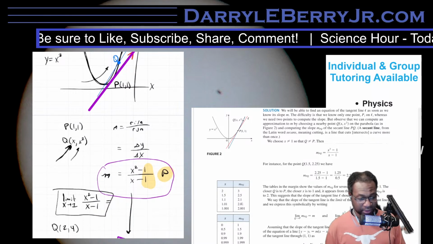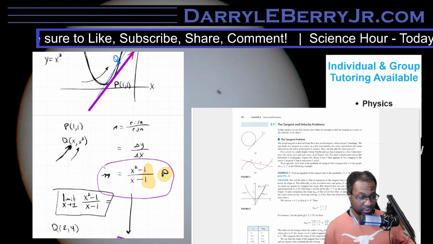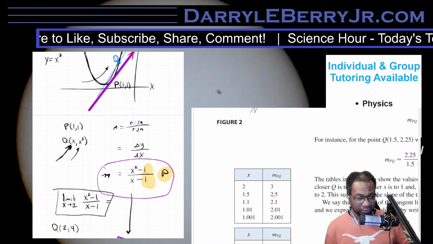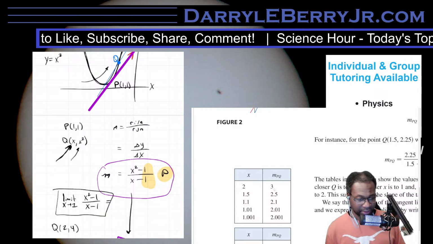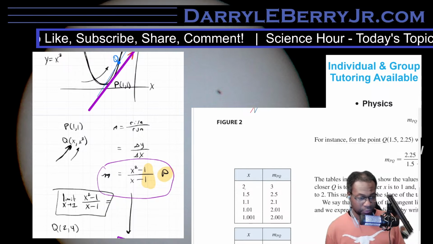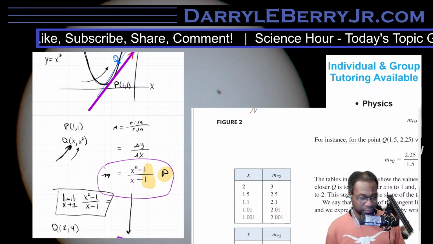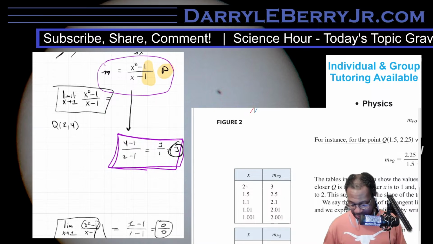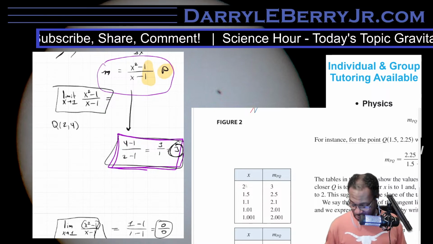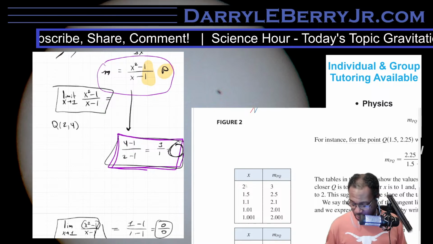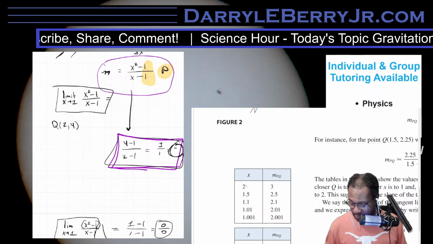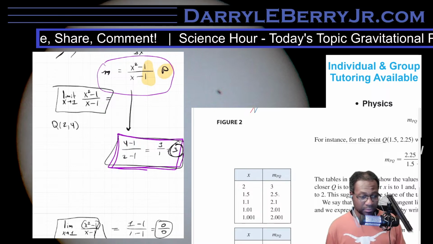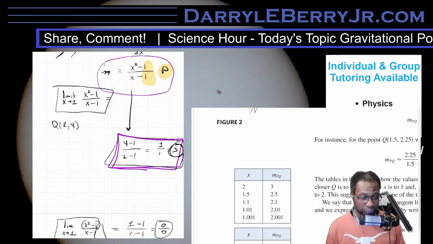Another way you can do it is if you look at this chart on the left side here, you see what they did was they just picked smaller numbers than I did. And they picked the 2, and they didn't put what the value is. So x is 2, x squared would be 4. But as you can see, they still got 3 just like I got. They just didn't show the whole process right there. So when x is 2 and the other point is 1, 1, the slope between those two points is 3. When you get closer to 1, the slope is 2.5 and so on and so forth.